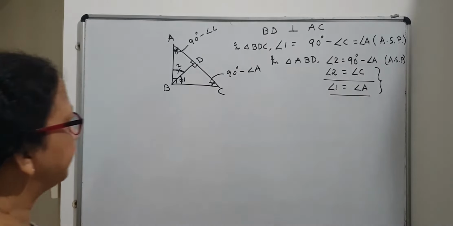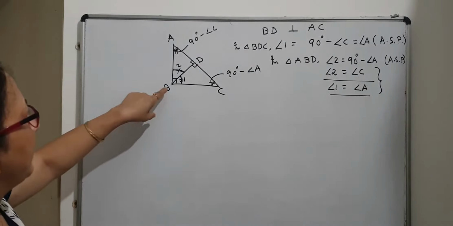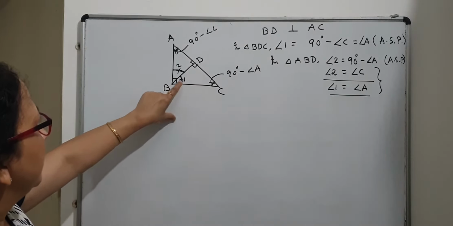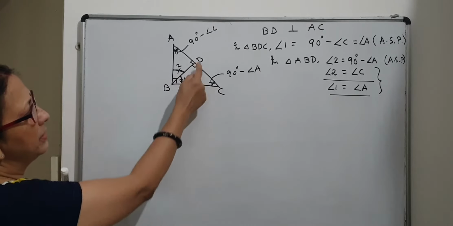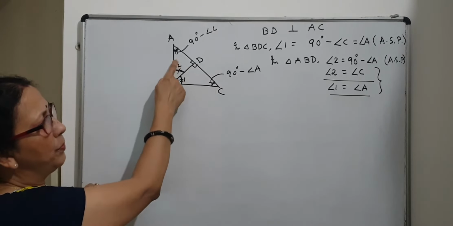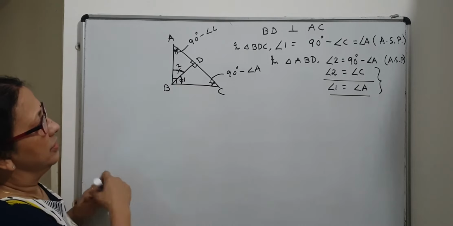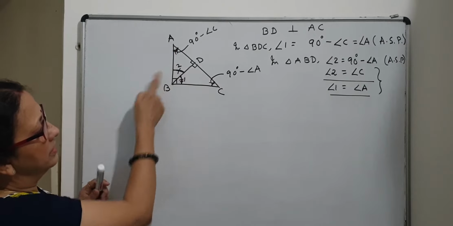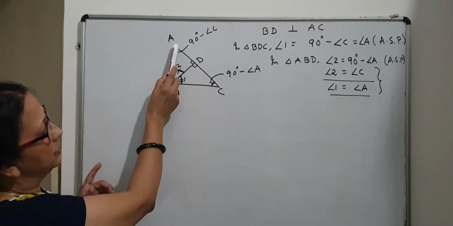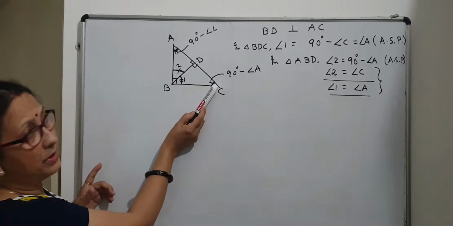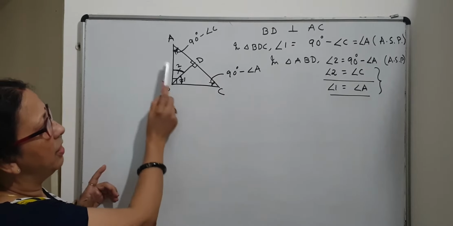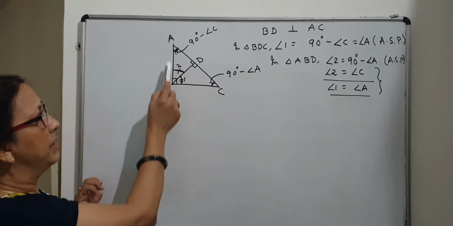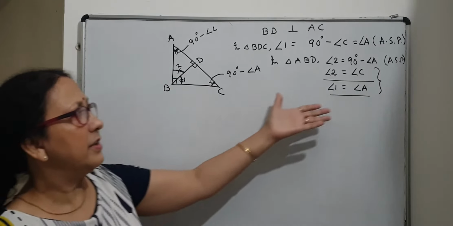So whenever we drop a perpendicular from the vertex of the right angle to the hypotenuse, that perpendicular divides the 90 degree into two parts. So each part will be equal to the opposite angle. That is, this one is equal to that one, and this part is equal to the opposite one. So in this way we remember, and how they are equal I have shown you, applying angle sum property in the small triangles and in the big triangle ABC. So in this way, I think this is clear.